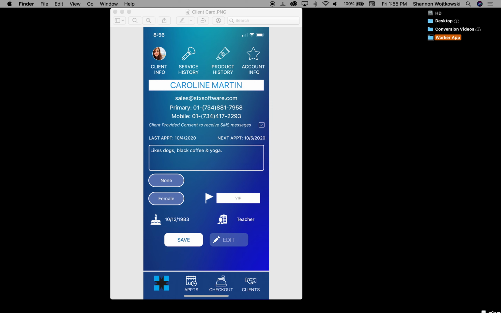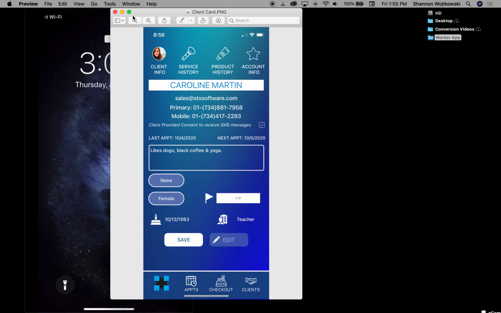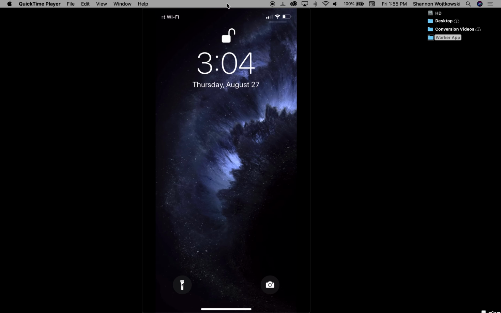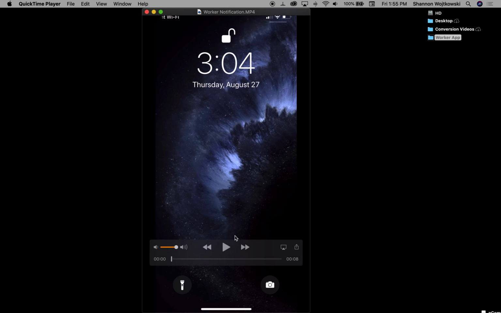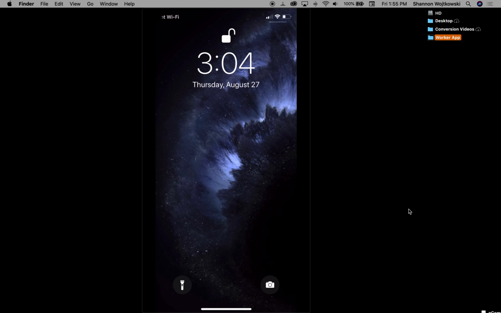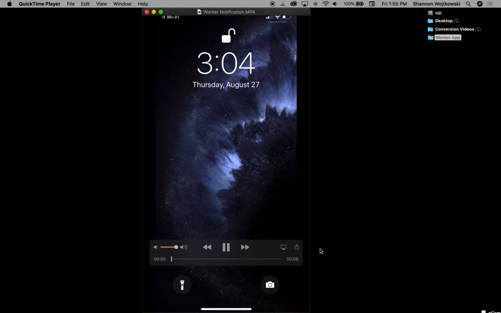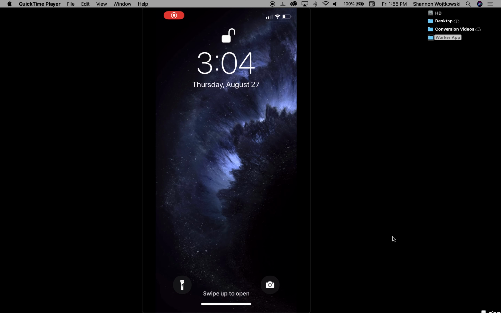All right, and last but not least, let's go ahead and watch the worker notification. So when a client arrives, if they check in with the front desk, if they check in using the check-in kiosk, or they check in using the Welcome app, the stylist who performs that service or is in line to perform one of those services will be notified, keeping in mind that the notification only goes to the worker. If you're signed in as the owner, it will not go to everybody. So let's go ahead and hit play, and you can see how this works. So it'll pop up, Pete Mitchell checked in for a 3:15 men's haircut with Shannon. And then if you click on this, it'll open up the worker app and take you to